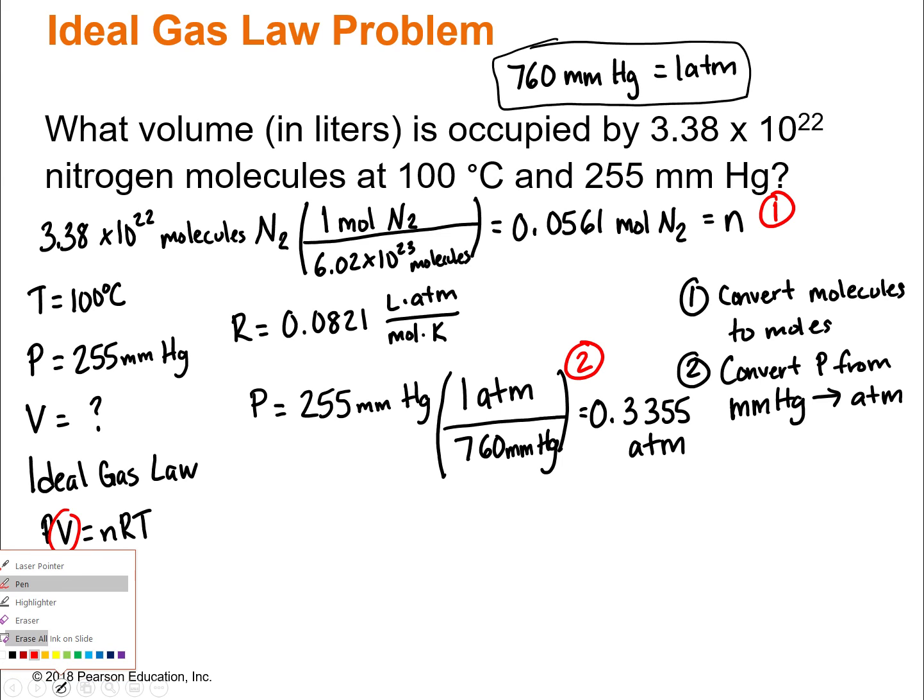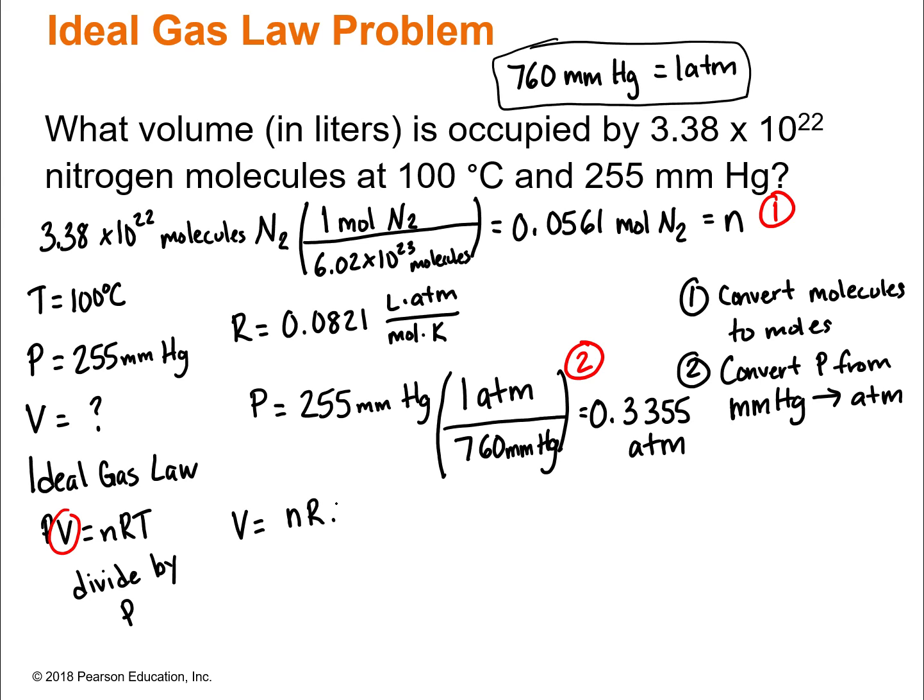So we need to rearrange the ideal gas law so that we're solving for volume. You just have to divide by pressure. And again, feel free to work ahead of me. And if you want to share your answer, you can. Again, with the parentheses, if you're using an older calculator,